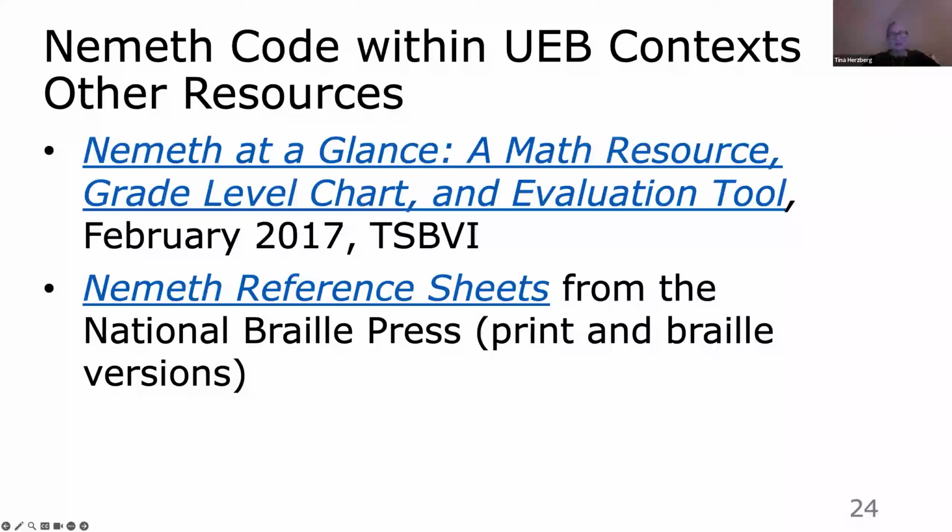The Nemeth reference sheets are available from the National Braille Press. There's both print and Braille. Now, what's really interesting about the Braille, and one thing that I know I've seen lots of students in the classroom with a copy, they also include as part of this, it's raised, but the print. So you'll have right there what it is in Nemeth for the less than sign, and then right beside it, it gives it like a tactual of the raised of what it would look like in print. And so the nice part about it is the students have access, but I've also seen it where the teacher can help them if they're looking for something as well.